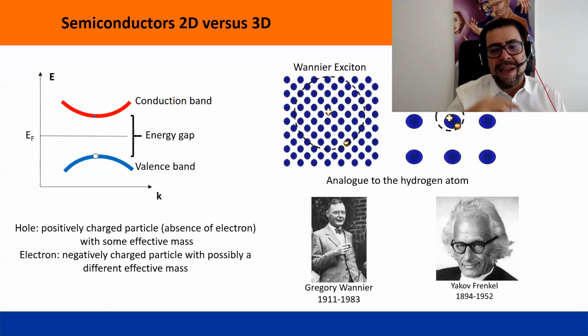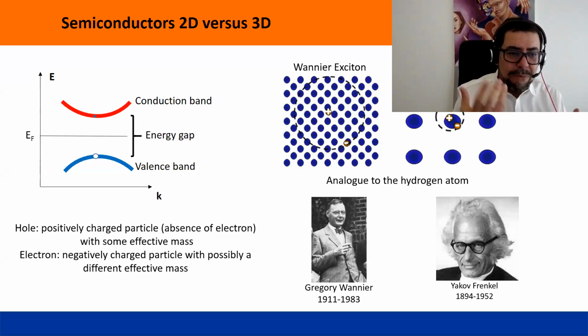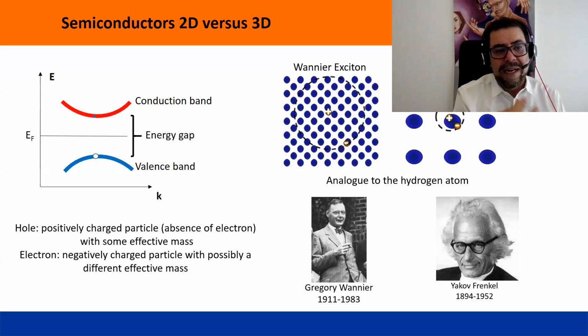Or it can be very small excitons, like Frenkel excitons, of the order of the spacing between atoms, the distance between atoms. The binding energy depends on several things, the size of the gap and things like that. But the important thing about this concept is that it's, again, the attractive energy between the hole and the electron that makes